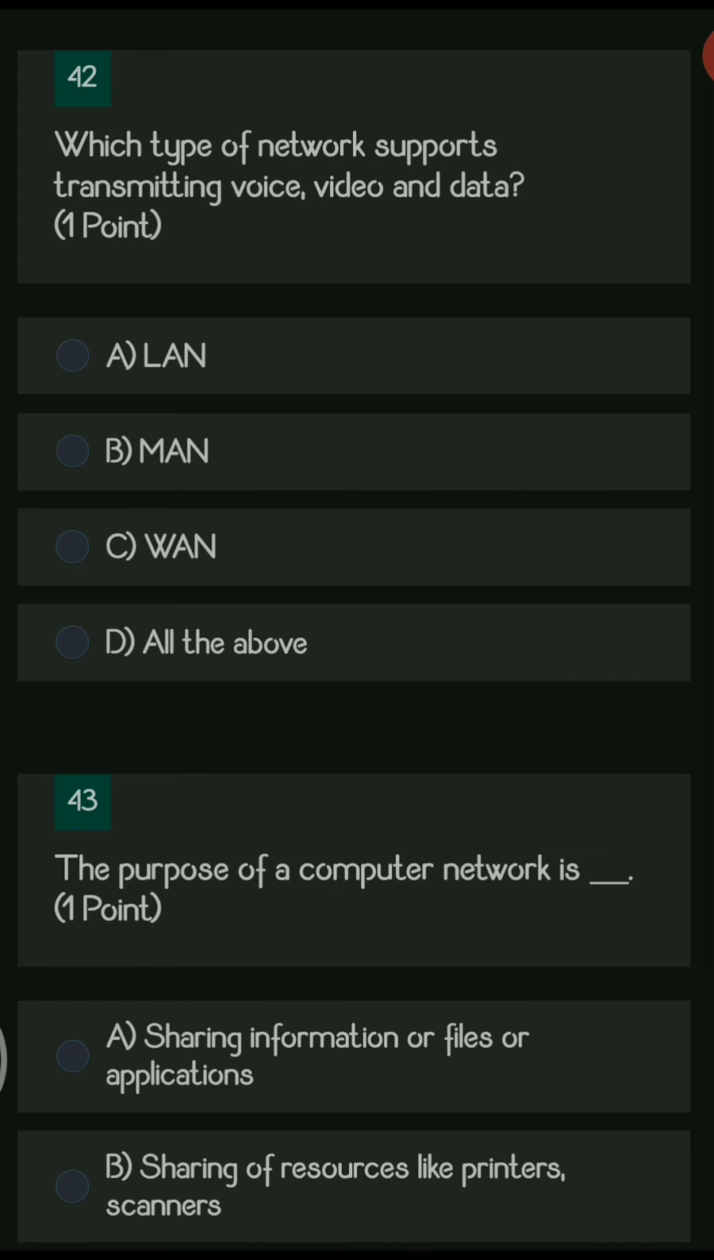Next question, which type of network supports transmitting voice, video and data? So the options are LAN, MAN, WAN and all the above. So here all the above networks support all types of data, like transmission of voice, video as well as